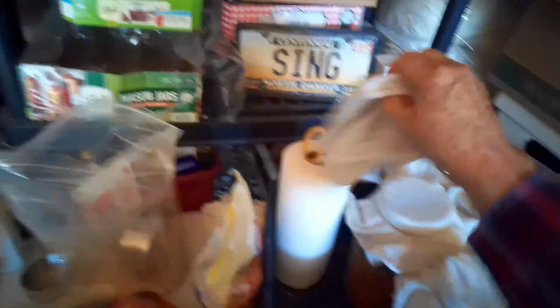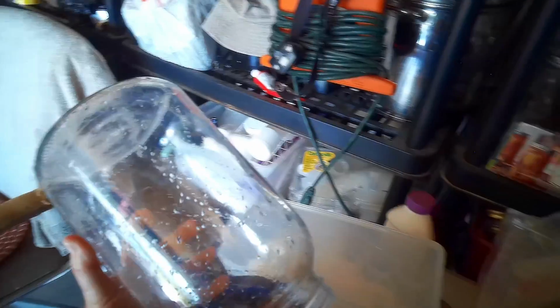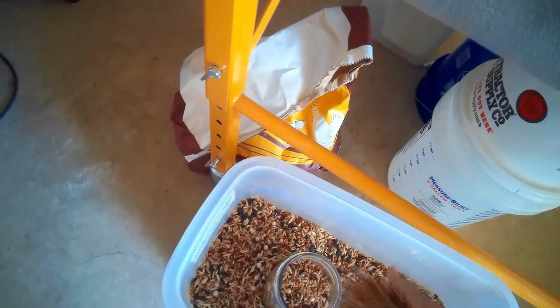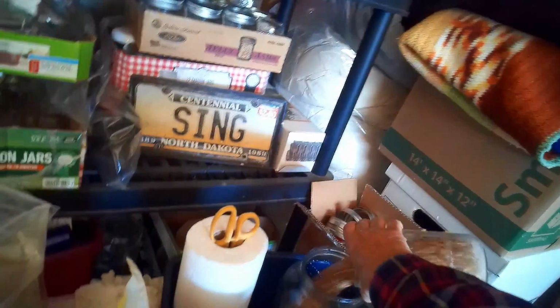And I have these 3 gallons, and so I just rotate them. And so tomorrow I'll do this, and I will fill this with the 8 cups of grain. And I use the 6-way grain, and I'll put a picture of that. And here's the container I keep my grain in. So I fill 2 containers, ball jars, which are 4 cups each, and put them in there. And then I start,